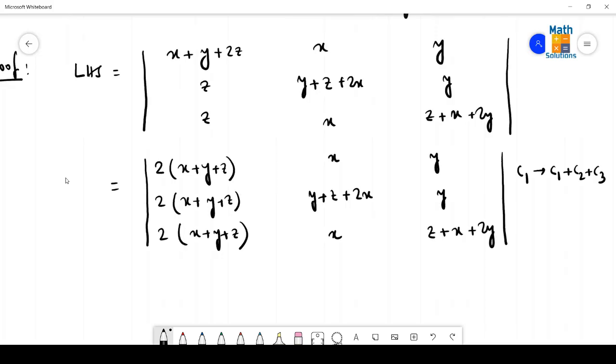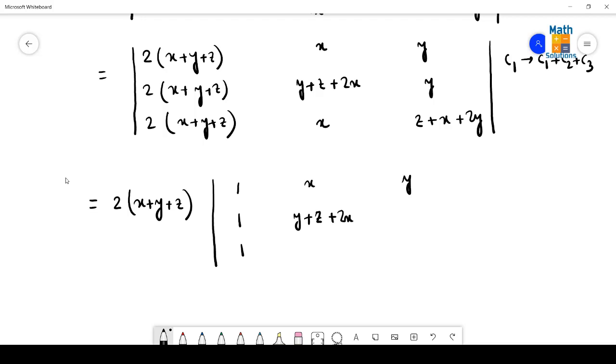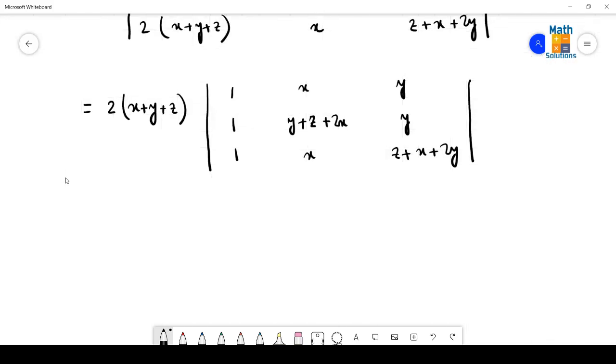So it is very clear that from the first column we can take common twice x plus y plus z, leaving behind all ones along c1. X, y, the rest of the columns will remain as it is, nothing to change. This is y, this is x, then z plus x plus 2y. Then after we shall try to get maximum number of zeros along c1. For that, what do we have to do? I would like to prefer like this: